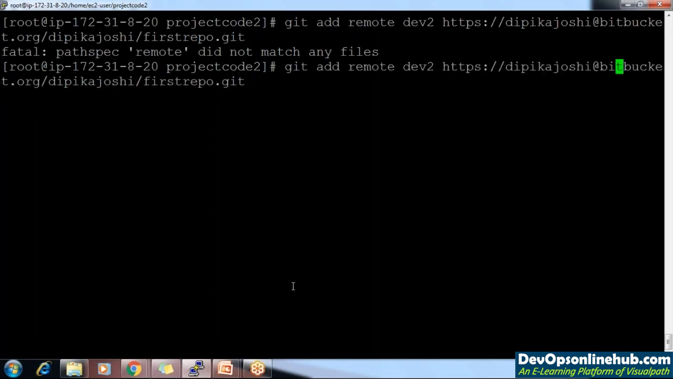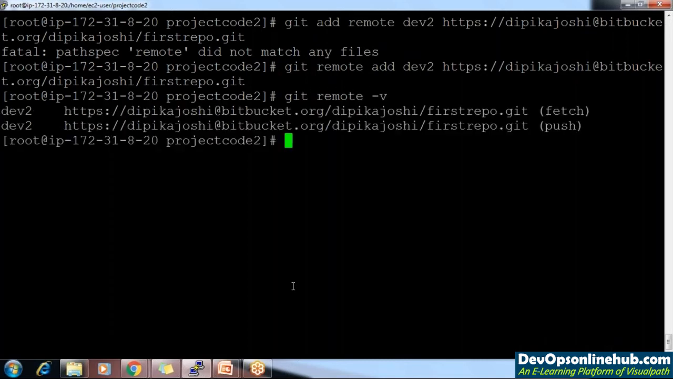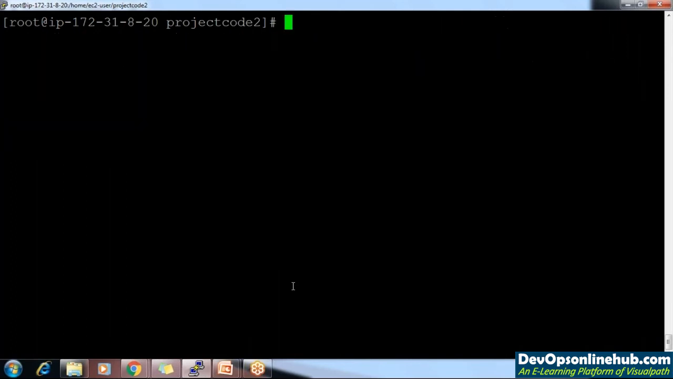So the first one was right, I think. Git remote. Right. Yes, it is valid. We can cross verify. Yes, dev2 is added because it is a dev. So we will just create dev